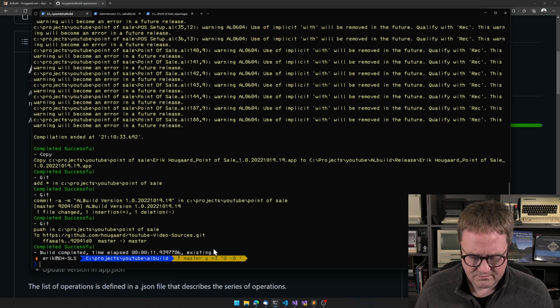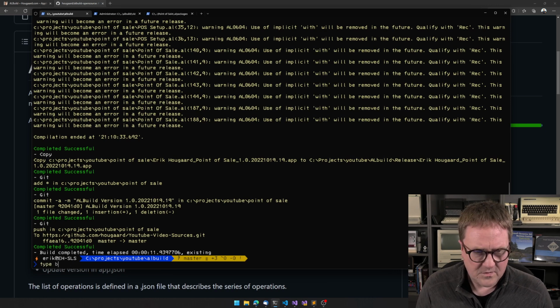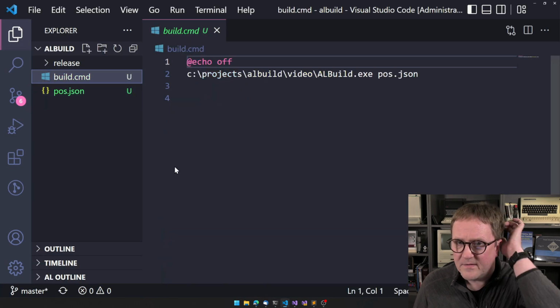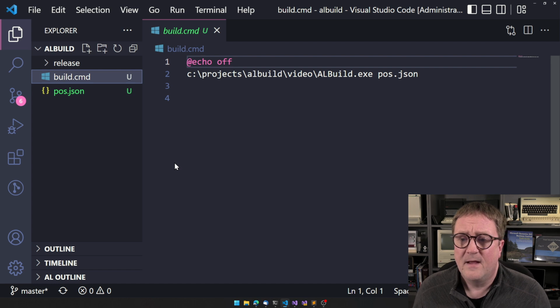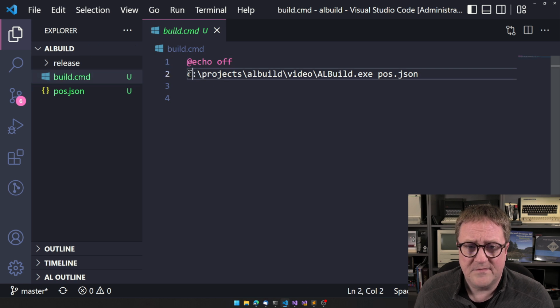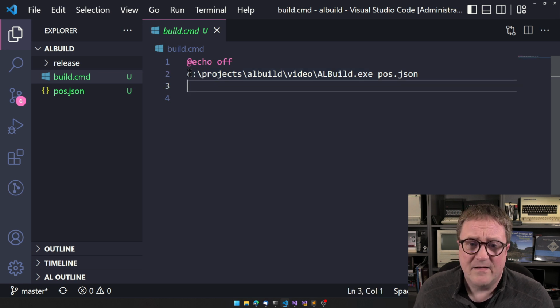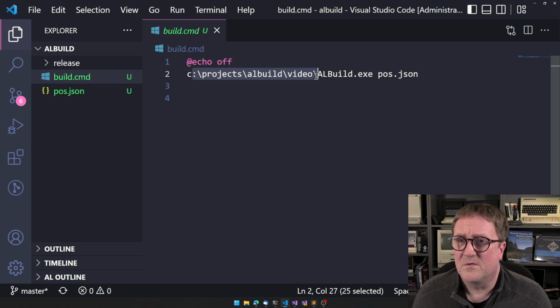Let me show you. So if you saw that I called a build CMD file, we can go in here and see that this is the build CMD file, and it's basically a one-liner. I'm just doing the echo off because that's how I roll. So I call ALBuild.exe, and right now this is the folder I have installed the executable in for the purpose of recording this video. And I'm passing one command to it,